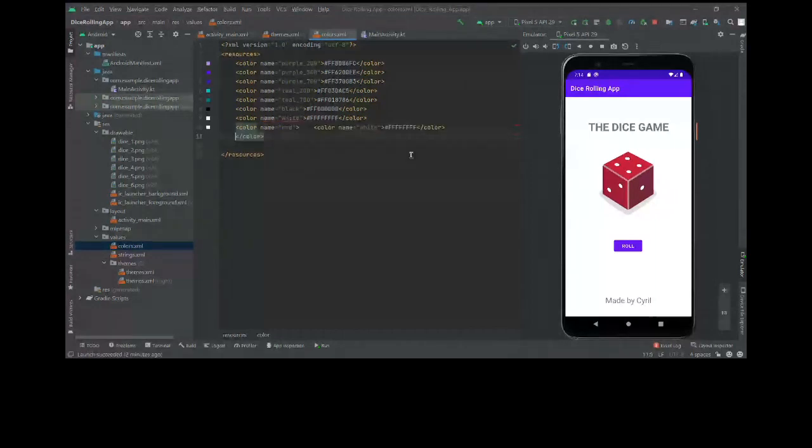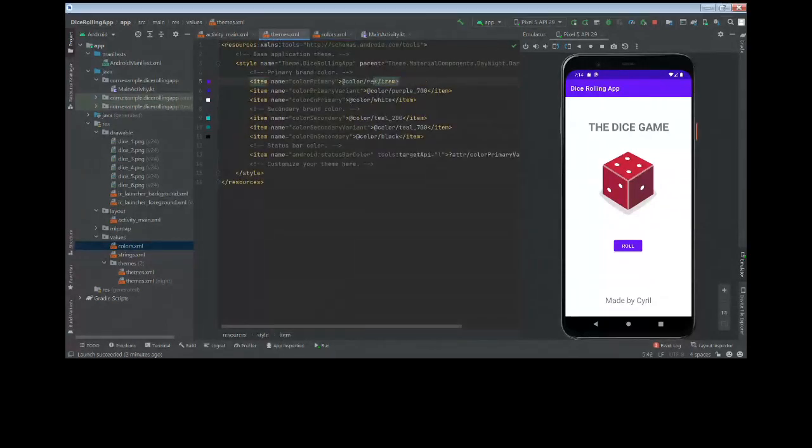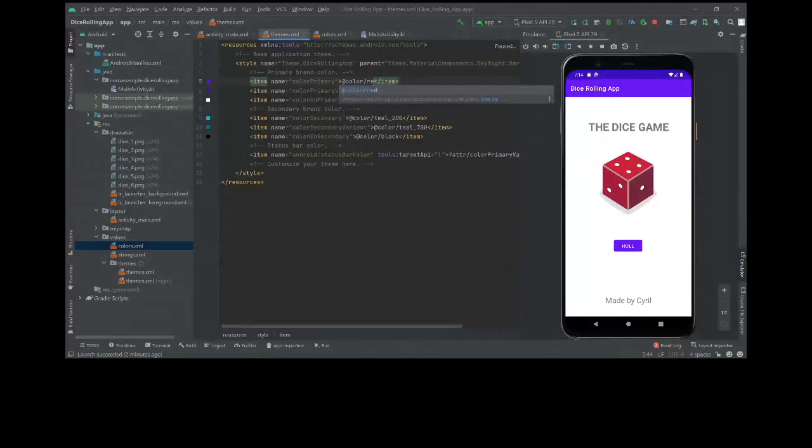hex value of the color that I, sorry, something else happened. Wait, okay, let's copy it once again. I will paste it here. Okay, so see, now this is here. Now we have to go back to themes and call red here. See, red is already there because Kotlin automatically searches for all that, and you can just see red is there. So you have to press enter. And now if I rerun the application, let's see what happened.